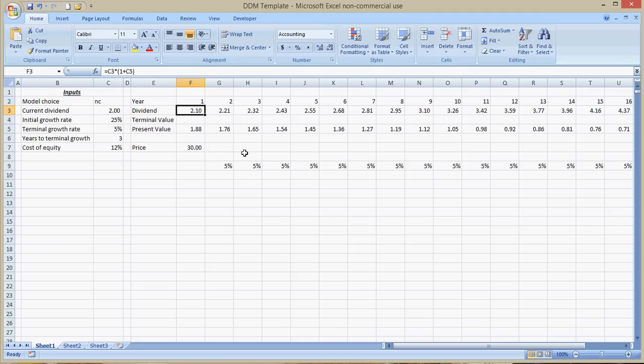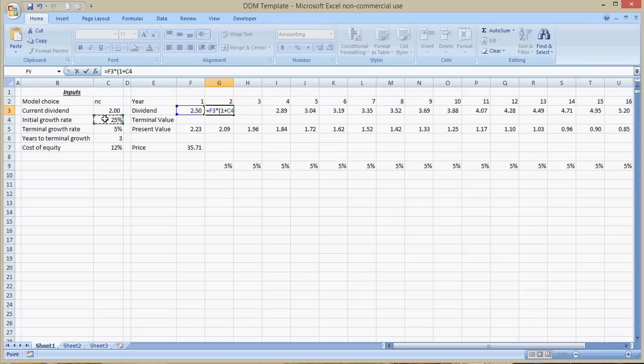Instead of the dividend growing 5% every year, after 3 years, the dividend is going to be the dividend from the year before times this one. We start out with the dividend of this year times 1 plus the initial growth rate. And then this is going to be the dividend that year times 1 plus the initial growth rate,